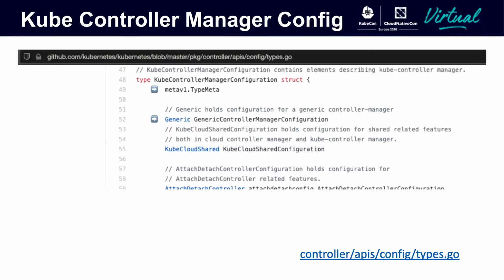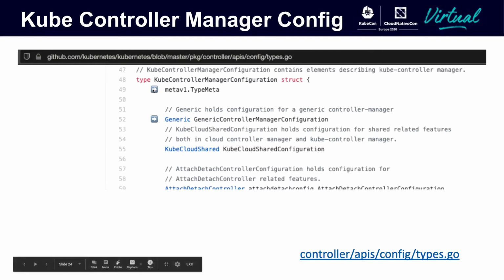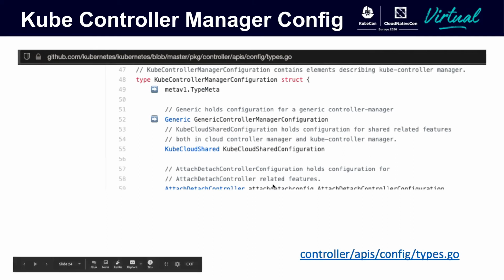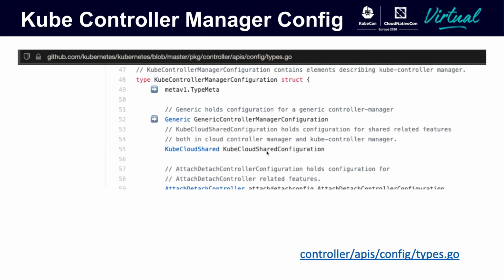And basically, the controller manager configuration exists, and it's a versioned API, right? And it is a versioned API holding all the configuration necessary to start the controller manager and the individual controllers. So in this case, it's what we call a container config. We see here it has a type meta, which basically means it is versioned. It has an external version. But then we have the individual controllers as fields in the struct, and each of these holds the configuration for the individual controllers.